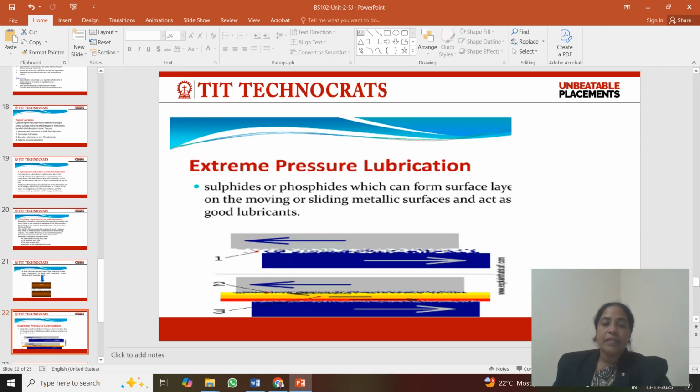Next, the third mechanism is extreme pressure lubrication. The term clearly indicates surface areas where high speed, high temperature and high pressure occur. In that critical condition, a simple lubricant fails to lubricate the surface, and so to maintain lubrication under extreme pressure between the machinery parts, the simple liquid lubricants or the solid and semi-solid lubricants are mixed with some kind of additives